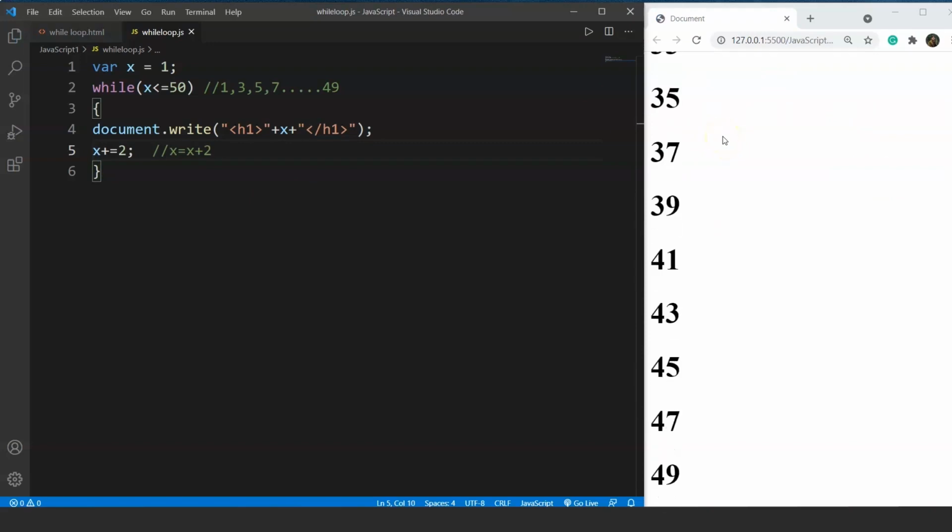The last one is 49. Coming back to the difference between the while loop and the for loop. We did the same program previously, right? Using the for loop. So where to use a while loop over a for loop? Consider a scenario where we are taking input from the user and the input from the user is y. We want to do something, let's say print something on the screen. Or if the input from the user is n, we want the process to be stopped. We can give the condition in the while loop, so that when the character y becomes n, the process will be stopped. We'll go through one such program once we are done with the DOM manipulation part, wherein we take the input from the user.